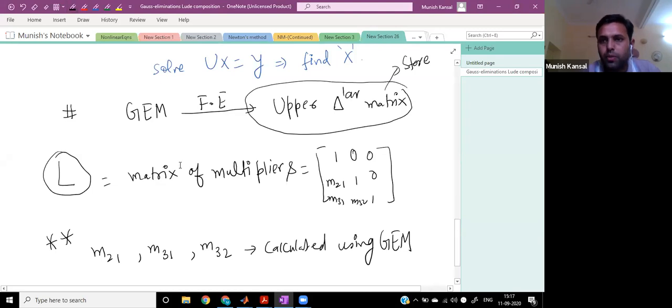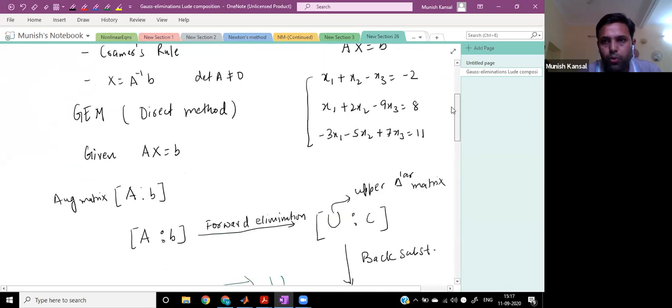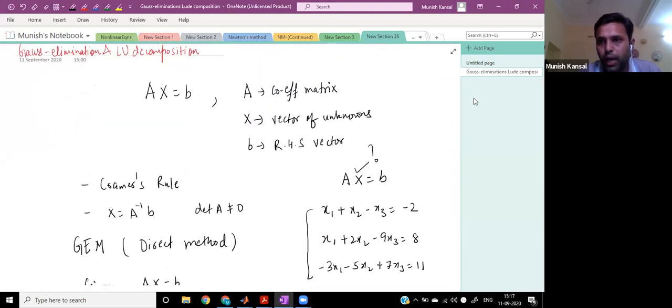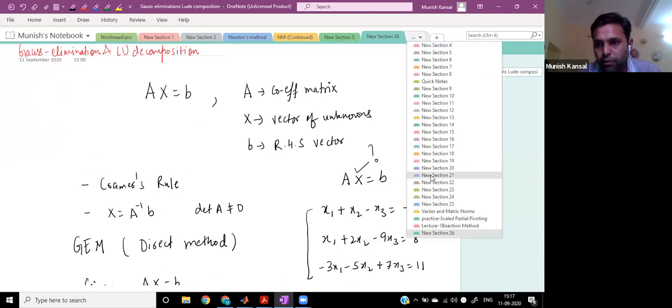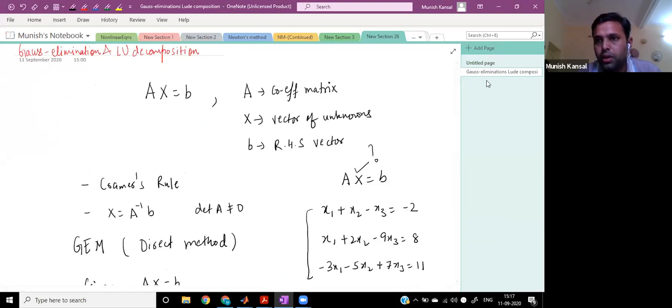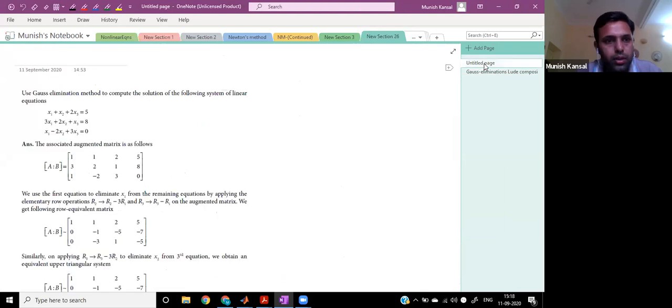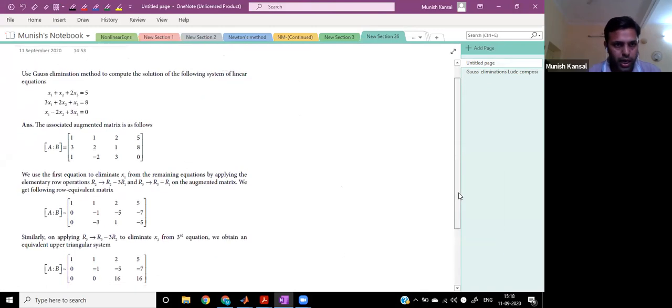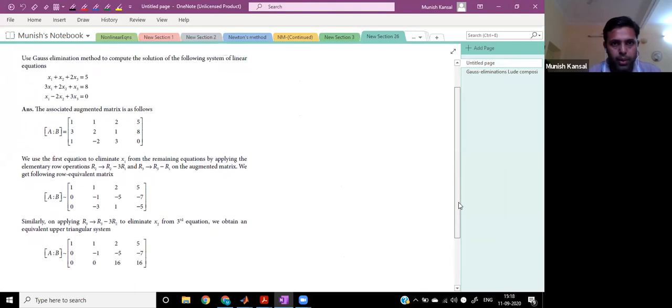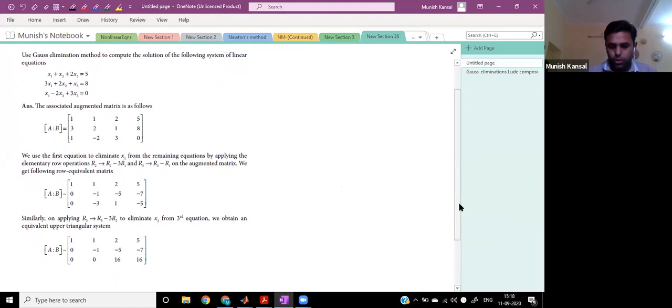So let me explain the Gauss elimination method with the help of one example, because it will give you more clarity regarding the Gauss elimination method. Then we will go to the MATLAB window for calculating the solution in MATLAB, right? So let me share the question with you. This is the question on Gauss elimination. I will illustrate a very simple and basic example so that you get a better understanding of how the Gauss elimination method works in MATLAB, right?